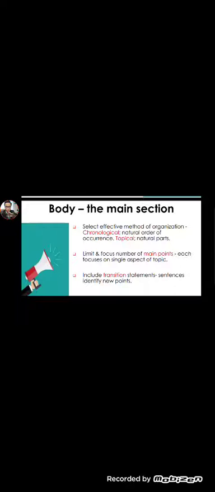Transition ni apa? Dia macam pertengahan, dia macam peralihan. A statement that tries to distinguish one topic from the other topics. So that's why we need to have a transition, and I hope that you can read more from the textbook about chronological and topical methods, and then main points and also transition.